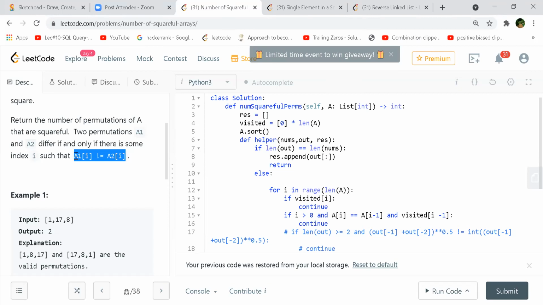When you backtrack, you pop that element out of the visited array. So now your visited array does not have that 2, and you move to the next 2. But when you move to the next 2, you do not want to repeat whatever operations you did with the previous 2. If I've already visited the previous 2, I would not go for that next 2 on the same level. So it's that idea.